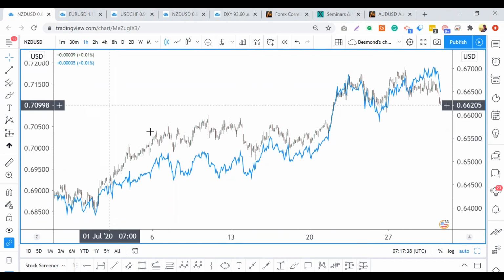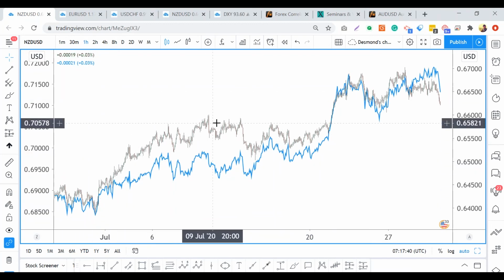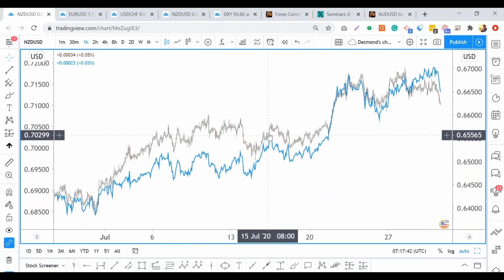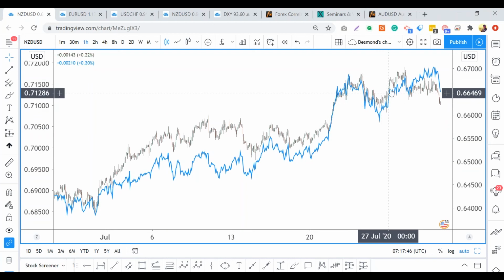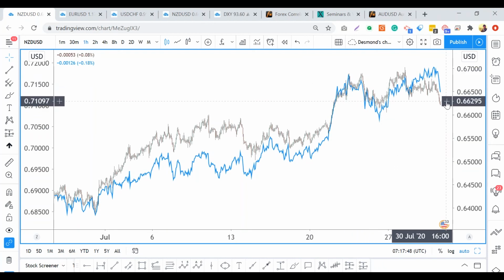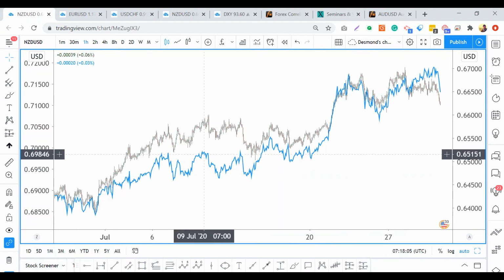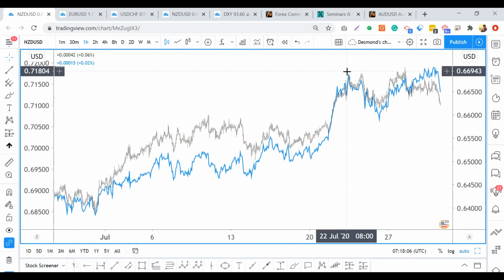Now, what can you tell over here? You notice that they tend to move together, right? As it goes up, as it goes down, up and then down, up and down, right? So this tells me that Aussie dollar and Kiwi dollar, true enough, have been really correlated for the past 1 month. They have been really correlated for the past 1 month. So how are we going to use this correlation to our advantage? So before I